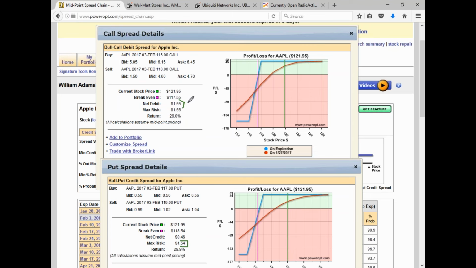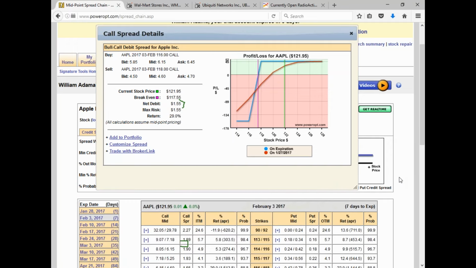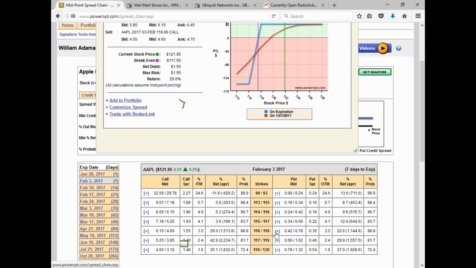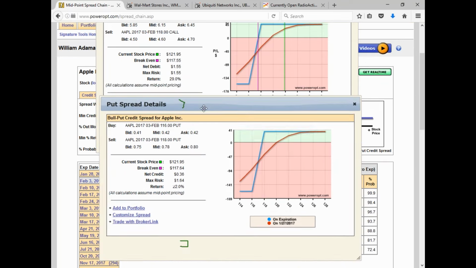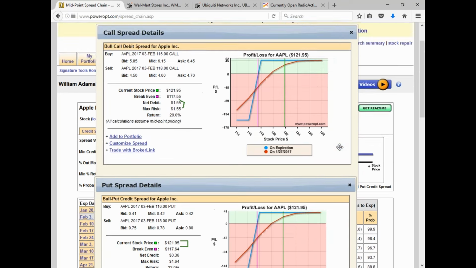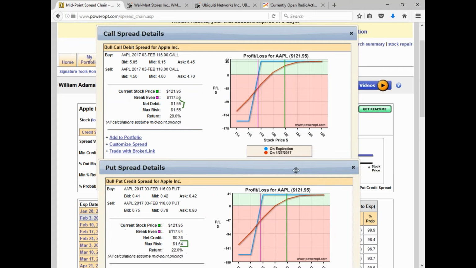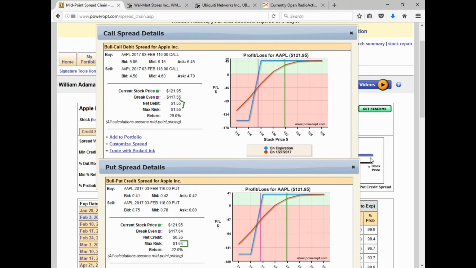Was I looking at the wrong one? That's strange. In any case, I did. How about that? I'm sorry. Let me close that bull put. I didn't realize that I had done that. I need the 116, 118 to be a fair comparison. Sorry about that, folks. I was looking at the 117, 115 bull put, and that's why the prices look the